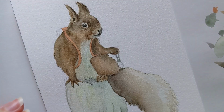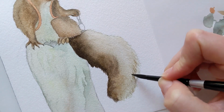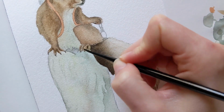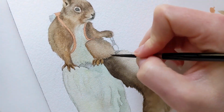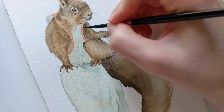I'm gonna release this as an art print in my Etsy shop soon, so I may change the color of his book bag in Photoshop. I don't know yet. I'll have to think about it. Maybe it'll grow on me. And I also finally darkened up the left side here, but I somehow didn't film that part, so...